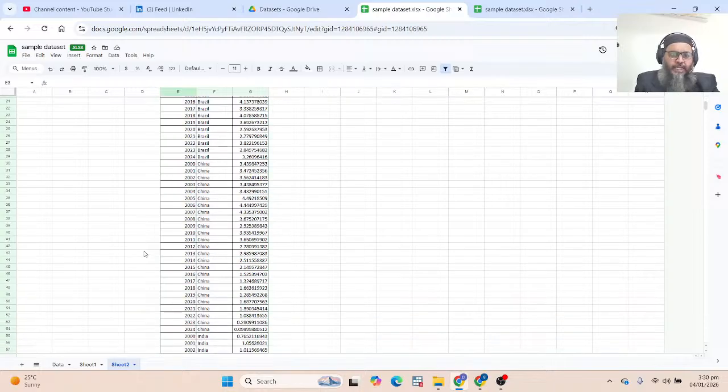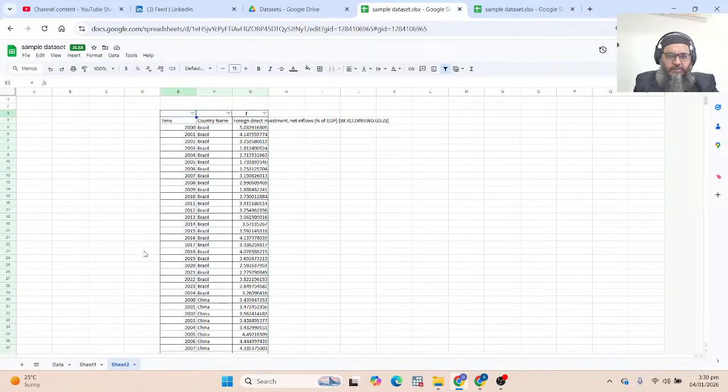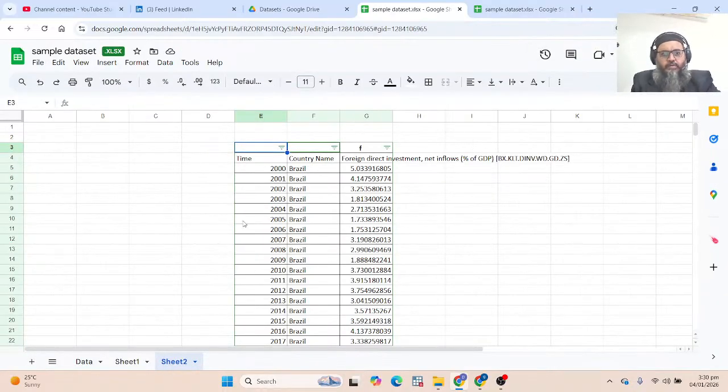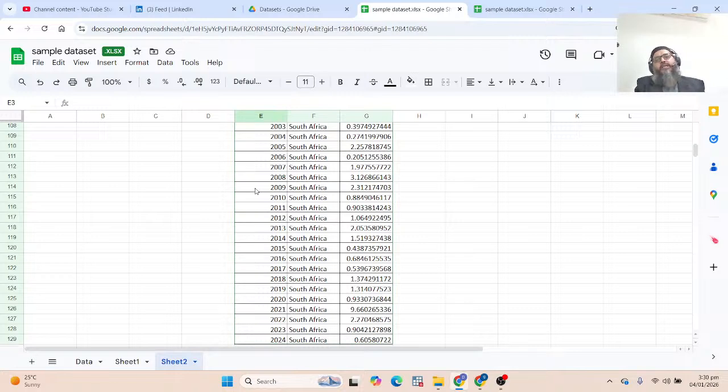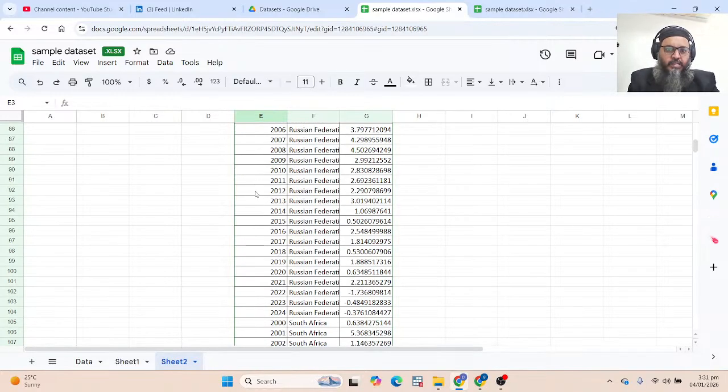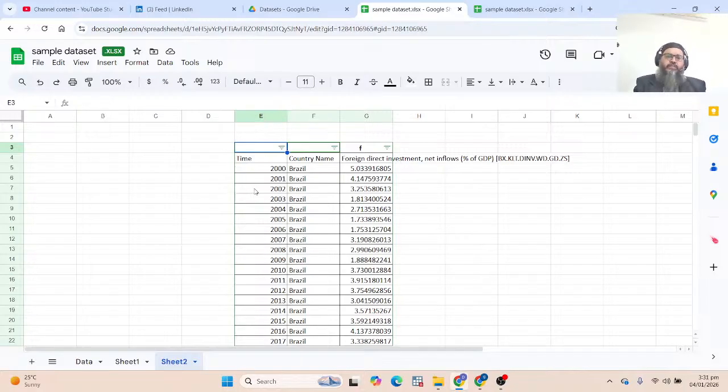Now we have got multiple entities, like multiple countries and multiple time periods. This data is known as panel data. In fact, this was a panel data set. Panel data set means we are dealing with multiple points in time and with multiple entities. So when we are dealing with multiple entities across multiple time periods, it's panel data. So this is the first classification of data from a time and entity perspective: time series, cross-sectional, and panel data.